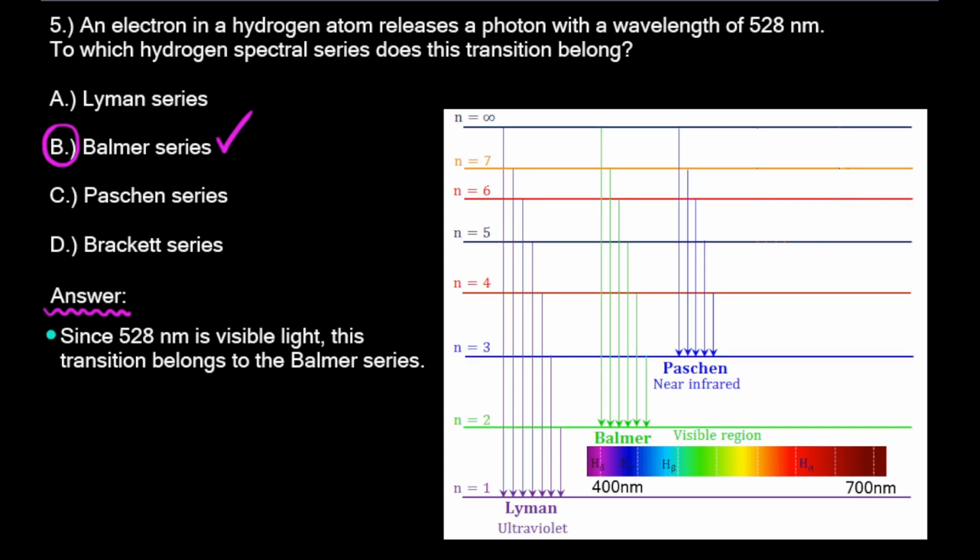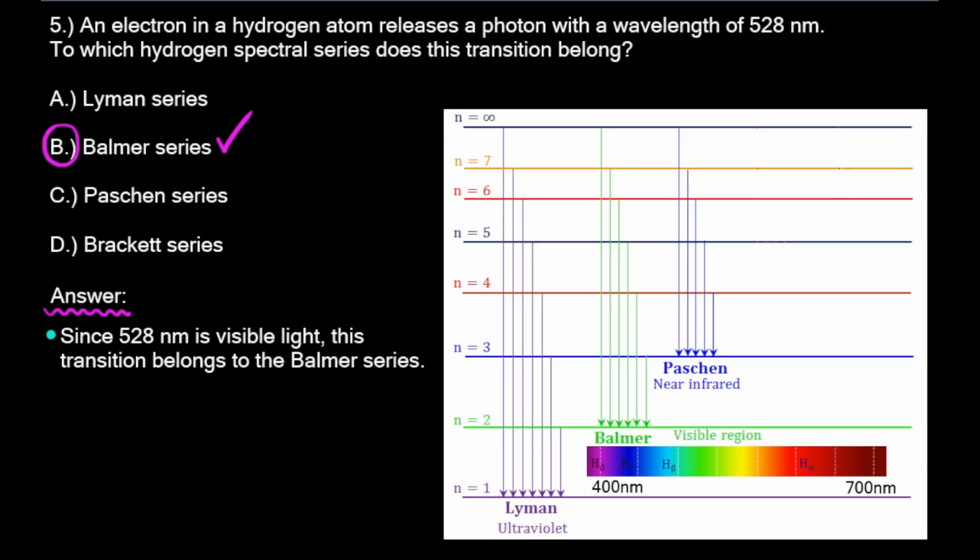Here's a solution to this problem. If you picked answer choice B, you are correct. Let's figure out which hydrogen spectral series a photon of 528 nanometers belongs to. First, remember the different hydrogen series and their regions. Lyman series is in the ultraviolet, Balmer series is in the visible light range, the Paschen series is in the